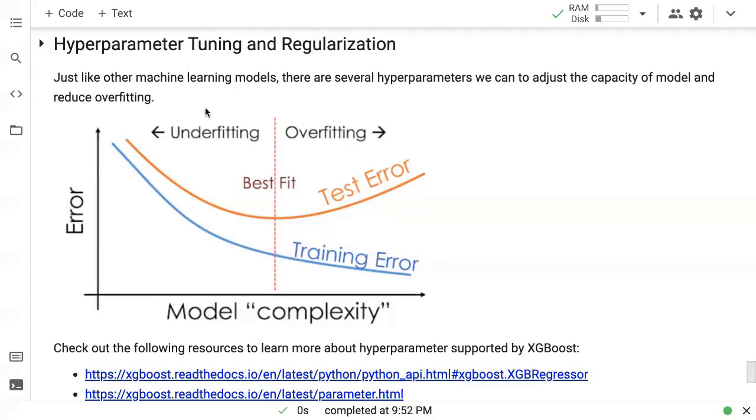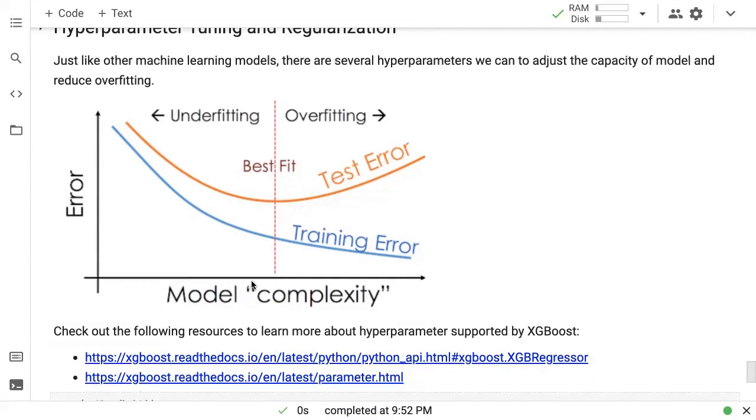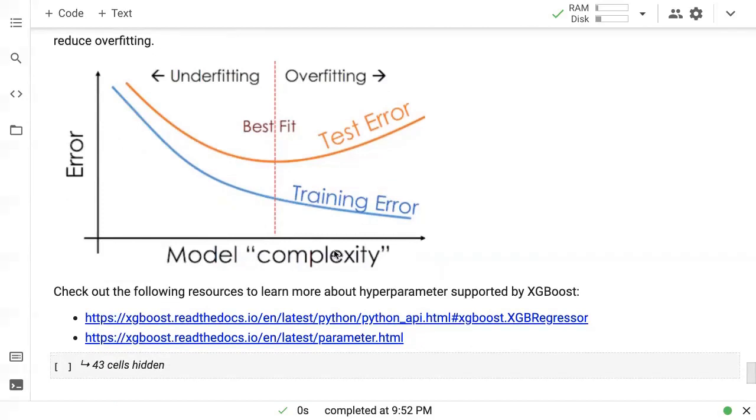Now, just like any other machine learning model, there are several hyperparameters that we can adjust to change the capacity of the model and to reduce overfitting. And this is the typical model complexity versus error curve. When your model is very weak, let's say you're just training one decision tree, then obviously you're going to have a very high error.